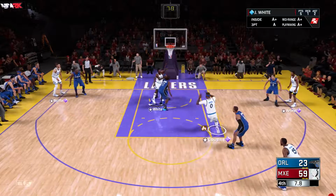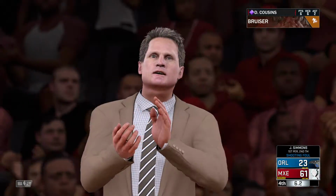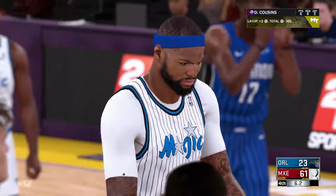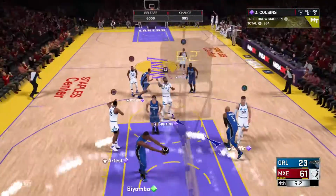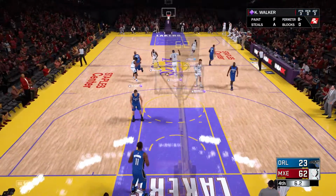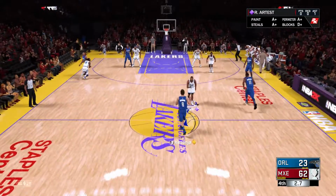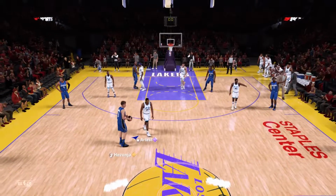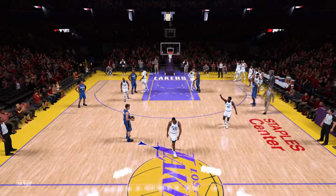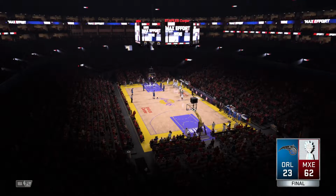Simmons against White. The pass to Cousins. And the whistle blows, so a chance here for a three-point play. And he just big-boyed it right there. The height advantage he's got down low, really difficult for them to defend. 6 seconds left to play in the final quarter. And so Atlanta takes this one by a big margin. This game may not have been the most exciting we've ever seen, but you have to appreciate